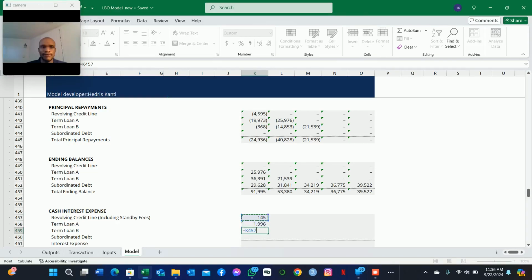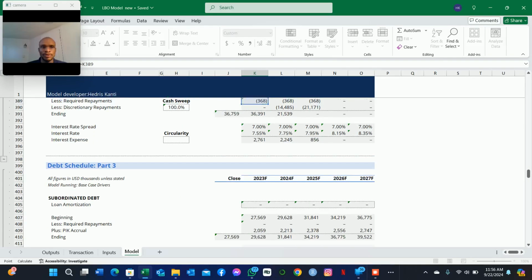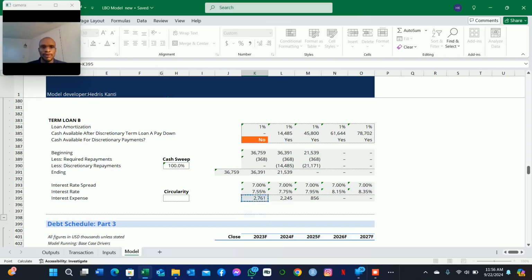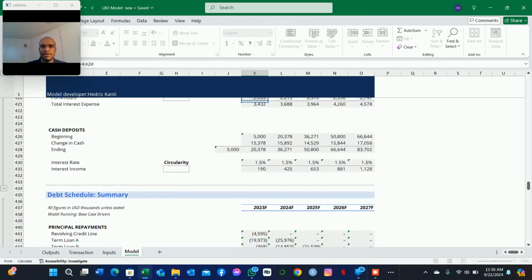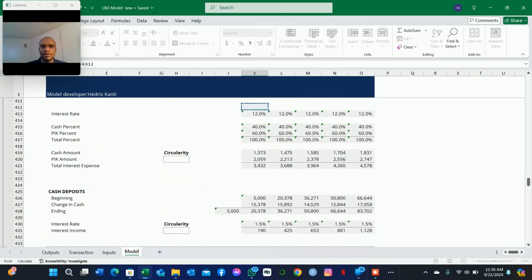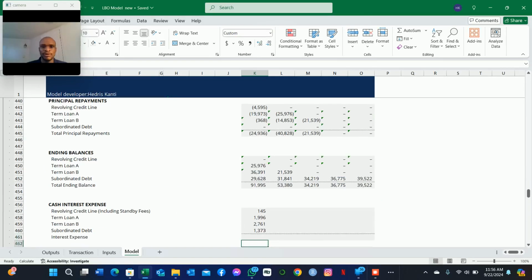So we already have it set up for the term loan A. For the term loan B, we grab the interest expense for the term loan B and have it there. Then for the subordinated debt, we will grab the cash interest expense. In this case, we're grabbing only the cash interest expense, so we have to make sure that for the subordinated debt, we have the cash interest expense. We grab only the cash interest expense, and then the total interest expense is going to be the sum of